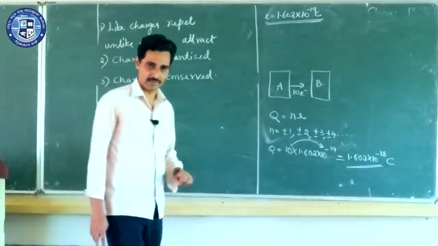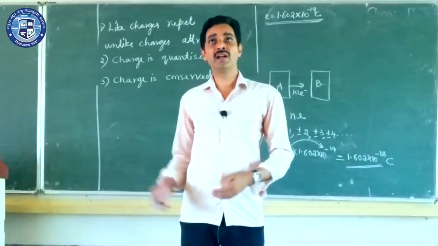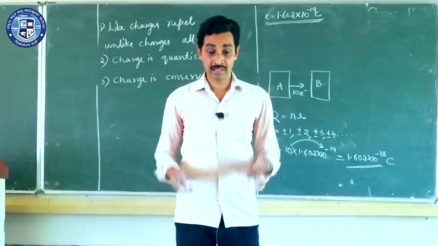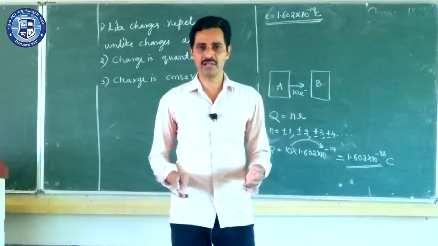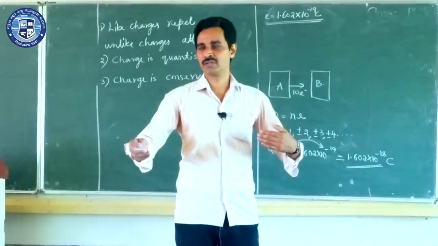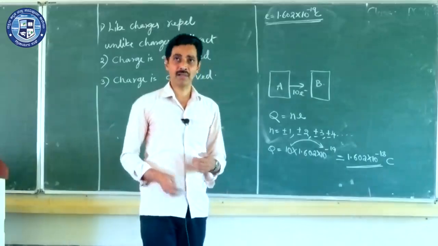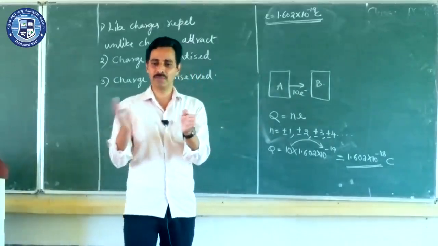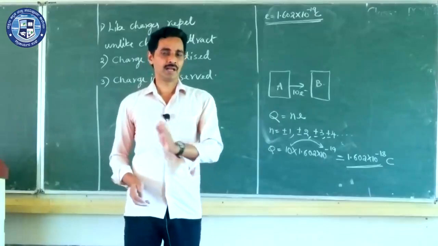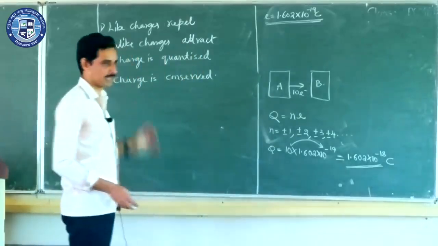Charges can be created. You will study in modern physics later on that when gamma rays enter the Earth atmosphere under suitable conditions, a gamma ray, which is nothing but a packet of energy, just gets converted into two charged particles called positron and electron. So you can create charges, but of course the pair created there is one positive and one negative, and in total it is neutral, but still you can't say charges can neither be created nor be destroyed. That is not the case. Then what about conservation of charges?